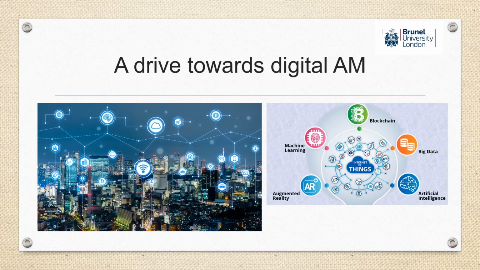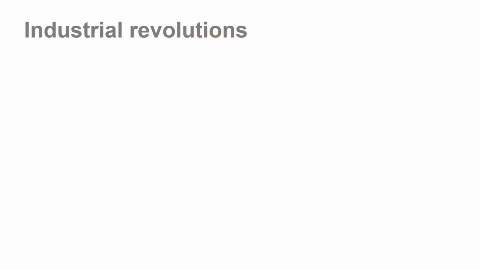Data-led and digital asset management is a fast-growing area. Using advances in technology like IoT, Internet of Things, sensors and technology, and artificial intelligence, AI, to help us understand what is happening with our assets and helping inform decisions about what we do with them. For a while now, there's been a real drive towards maximising the use of data and digital technology in asset management as part of the fourth industrial revolution. So let's have a look at what that means.